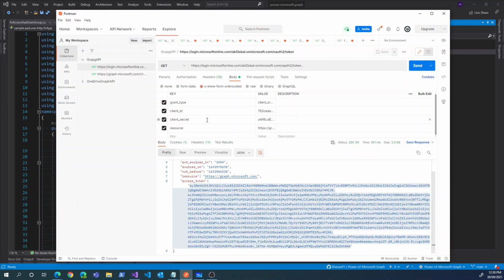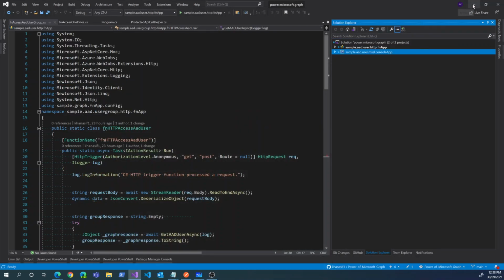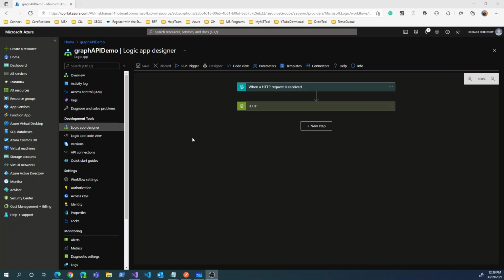The other one is around Postman. So we'll see some Graph API experience from Postman itself. I'll try to use it for getting the users as well as for OneDrive file access. And on the third experience side of things, I was also planning to show you the same Graph API access